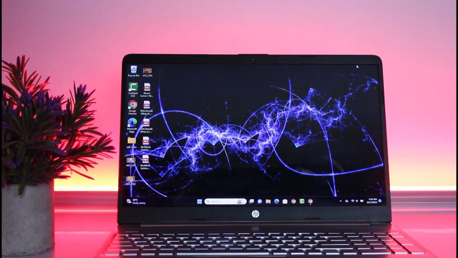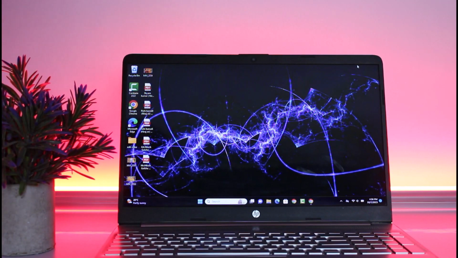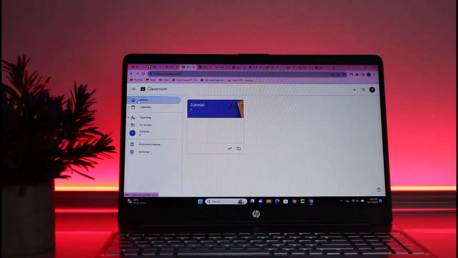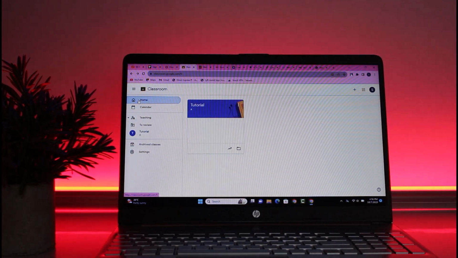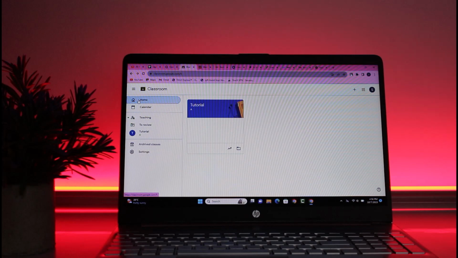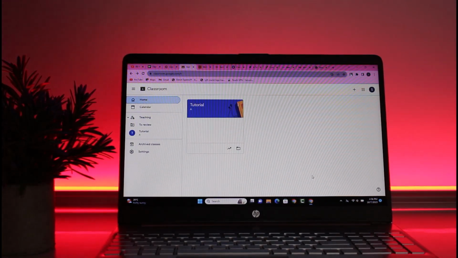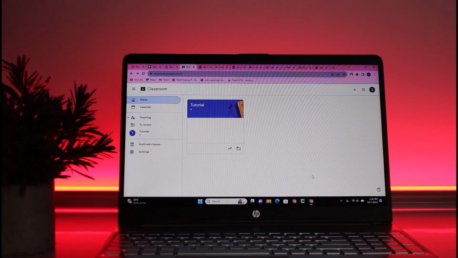First of all, go ahead and get access to your Google Classroom app, or you can go to your website and officially go to googleclassroom.com. As you can see, once you are in this Google Classroom section, you will be able to find this kind of interface. In this case, you can see we have created one classroom called tutorial. If I would like to remove, or simply say delete, that classroom, what I would do is